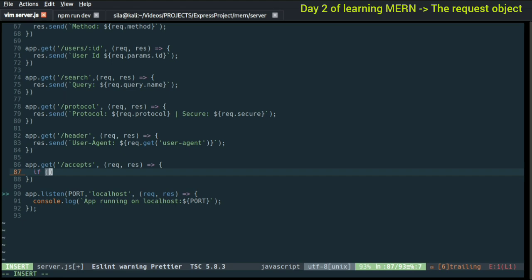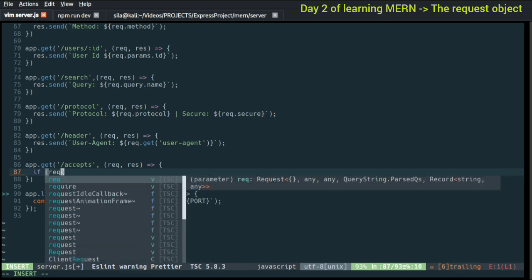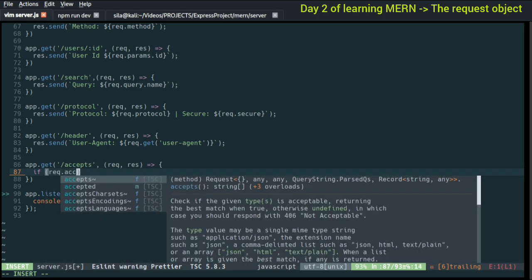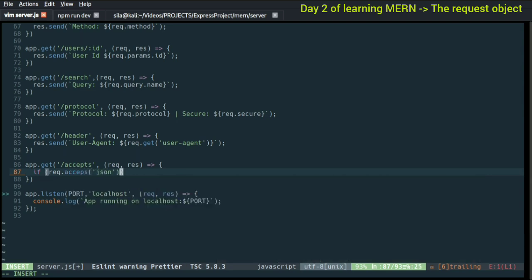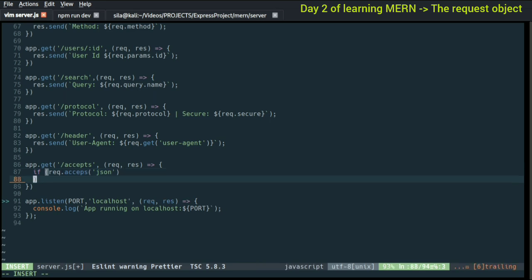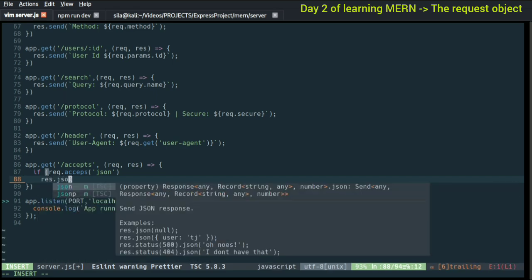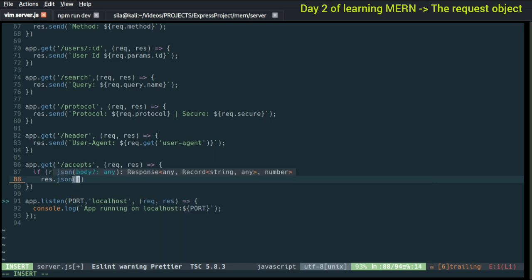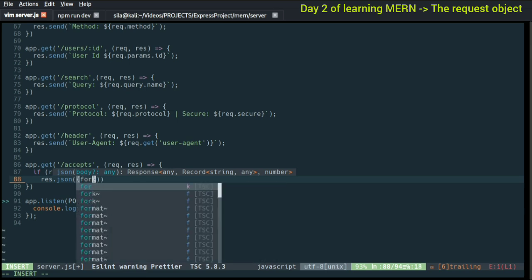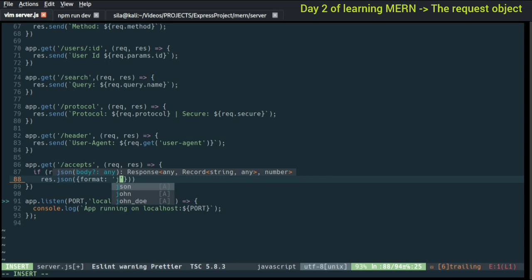It will be something like, if request.accepts JSON, then I'm going to do response.json. So you are going to have the response in JSON, and then you pass in what you want here. So we want to have format and then the value JSON,